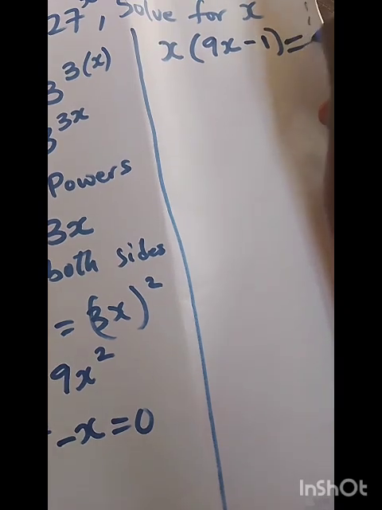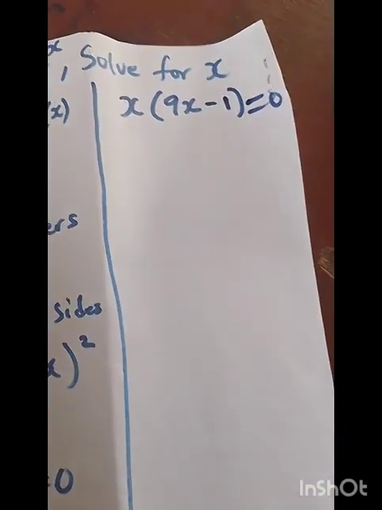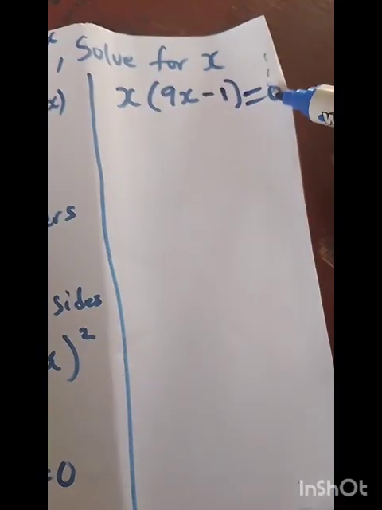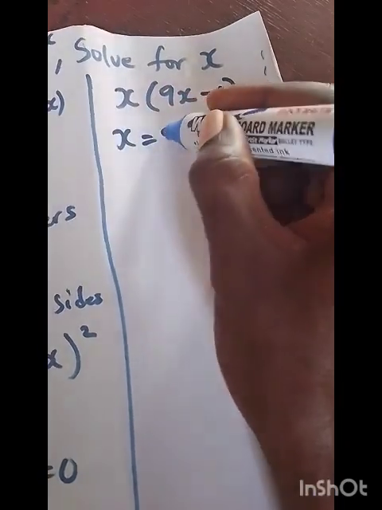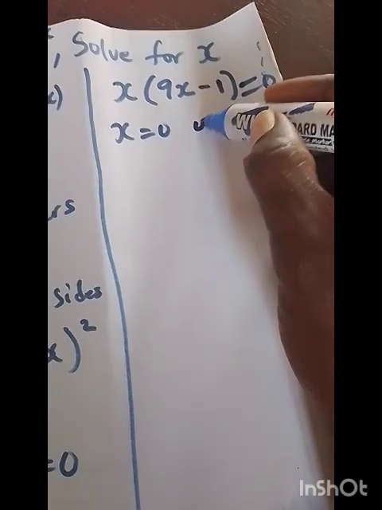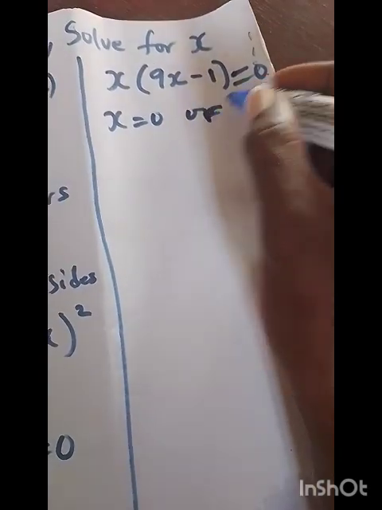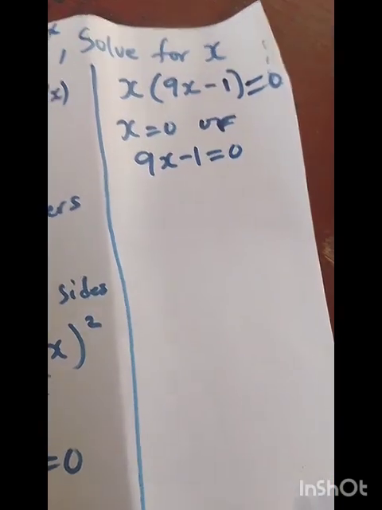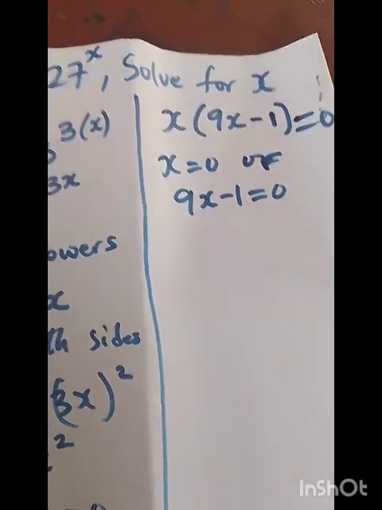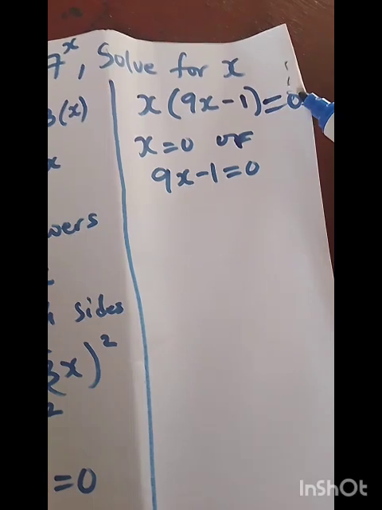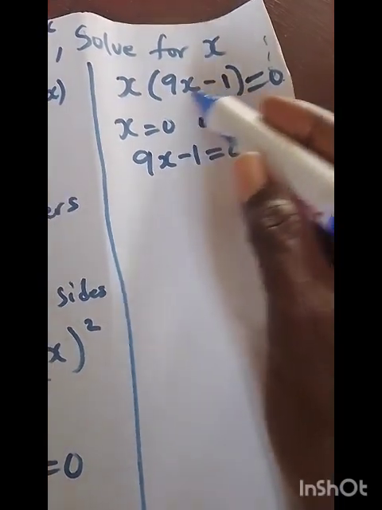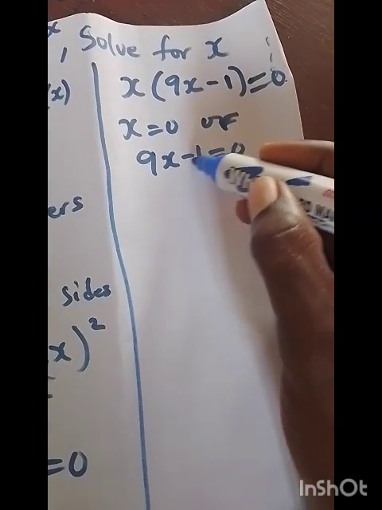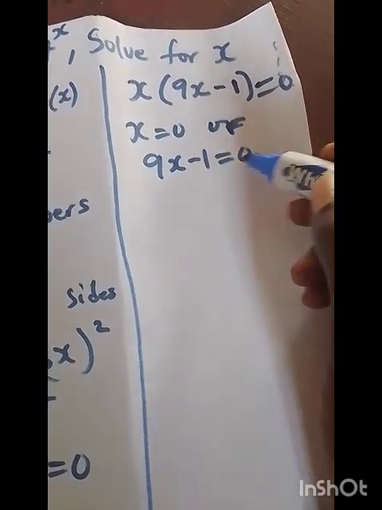Everything is equal to what? 0. Right? So in this case, we have that this x here is equal to 0. That's one answer. This x here is equal to 0, or everything in the bracket is equal to 0. Remember, a quadratic equation will always give you two answers. So the first answer is that this x outside here is equal to 0, or this thing in the bracket is equal to 0. So 9x minus 1 is equal to 0, we